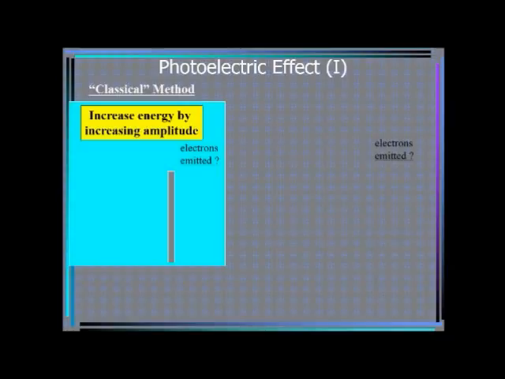First, coming to the photoelectric effect. According to classical mechanics, we have seen that the energy of the wave depends upon the amplitude, that is, it is directly proportional to the square of the amplitude. So by increasing the amplitude of the wave, the energy of the wave should increase. So in this case, what happened? A certain amplitude of wave was emitted, but it could not cross this block.